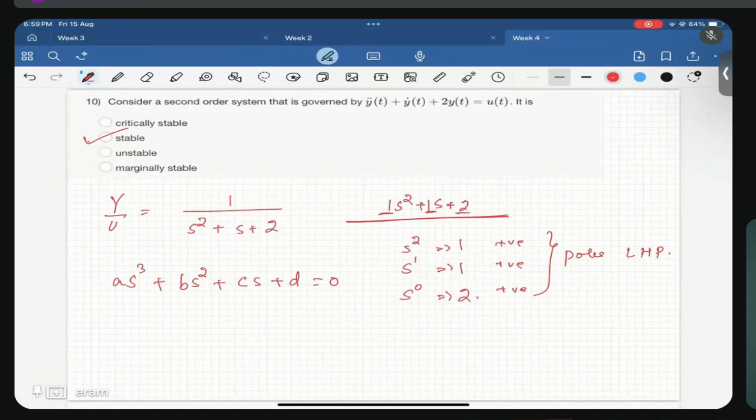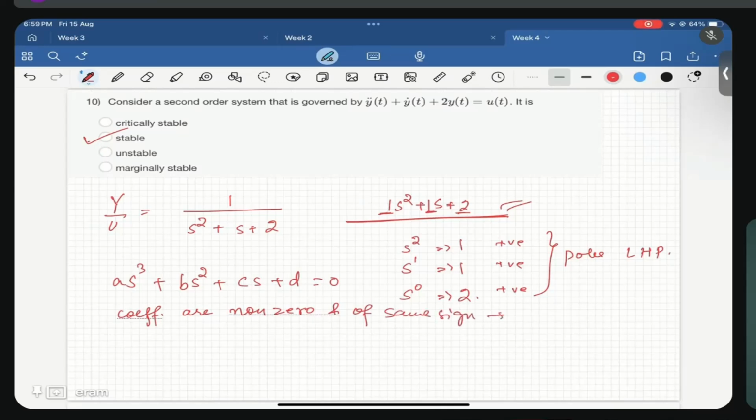This is a necessary condition but not a sufficient condition. For second order system we can generalize. For third order system we can say that if the coefficients are non-zero and of same sign,